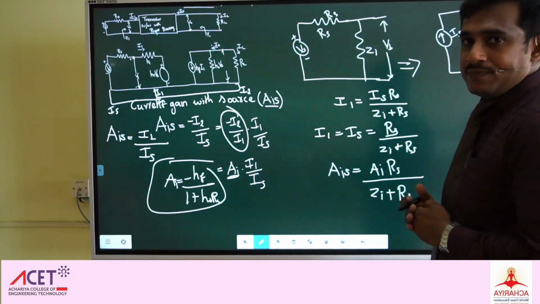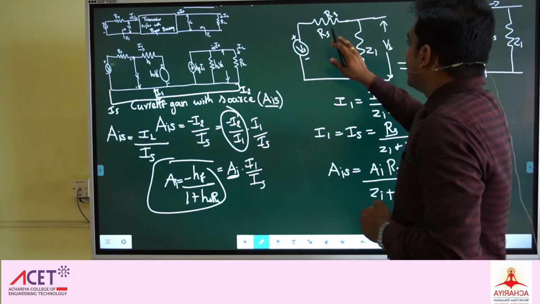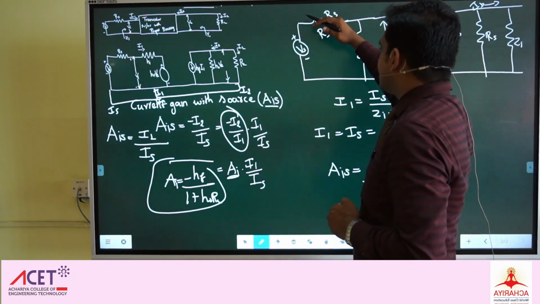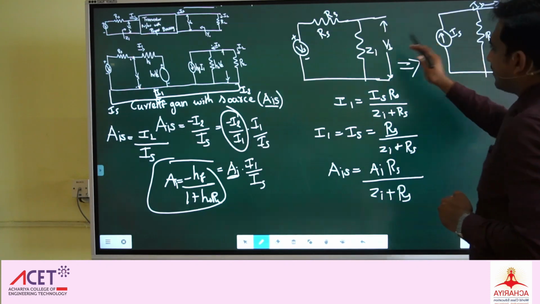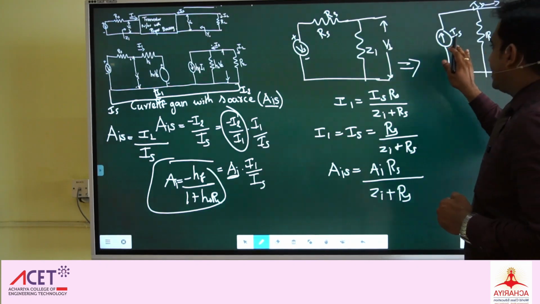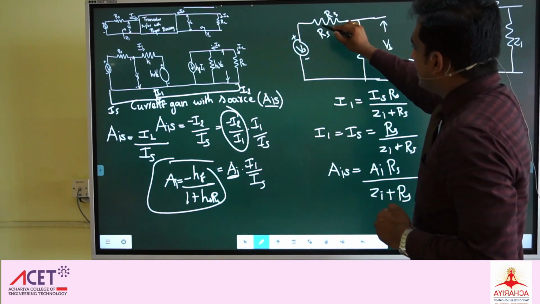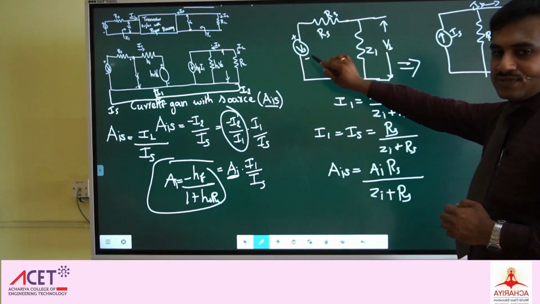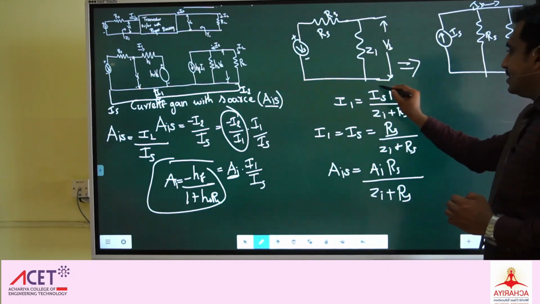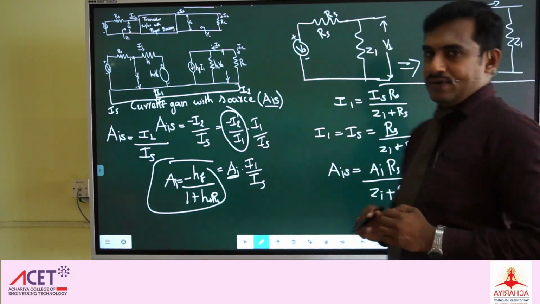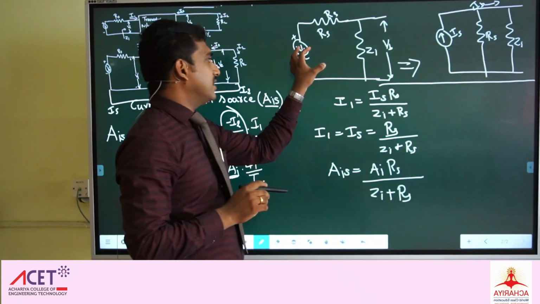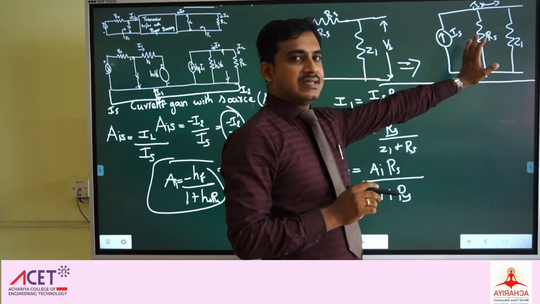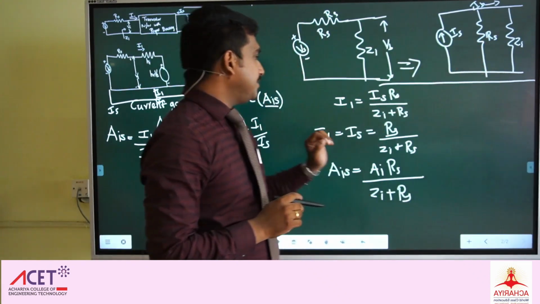This is one simple step we follow. We can replace the series resistance with a parallel resistance and replace Vs with IS. We are just replacing the series resistance as a parallel resistance and the voltage source with a current source. This is the input side circuit, drawn using the voltage source and then replaced with the current source.